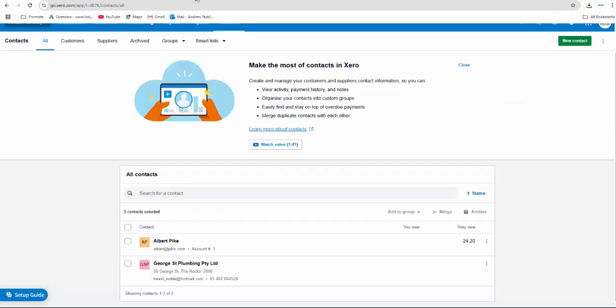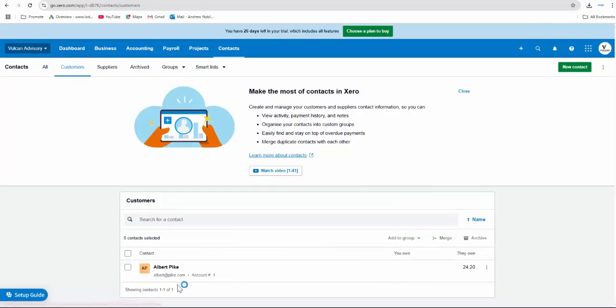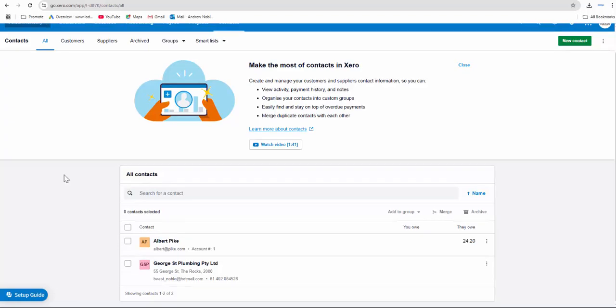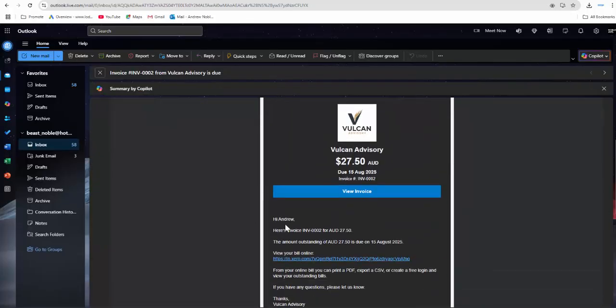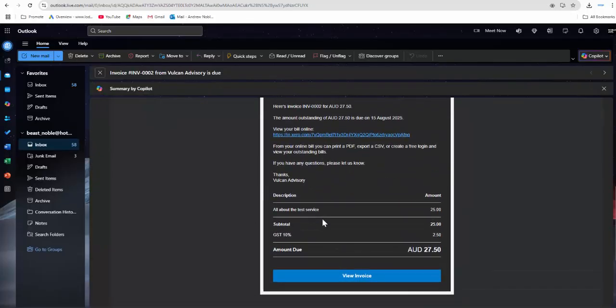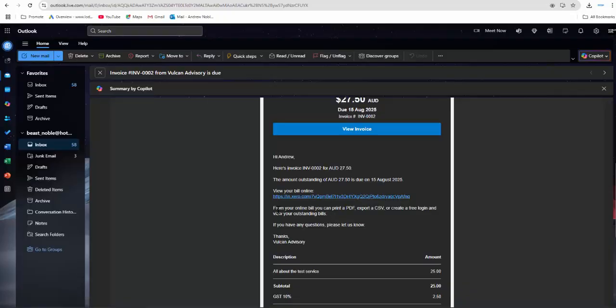And if we go inside of Xero, noting that inside of Xero, it's not showing as a customer yet because the invoice hasn't generated. The invoice will generate within 2 to 4 hours because it runs on a batch process. And now in here you can see that we've got George Street Plumbing as a contact only. Now within 2 hours, I'm the client. I get my invoice from Xero, noting that if they view the invoice,